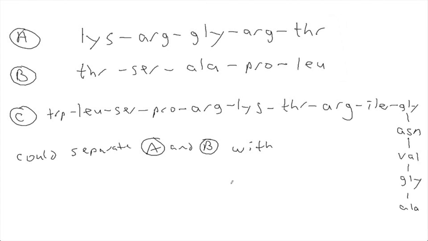Good. That's right. So because ion exchange chromatography separates things on the basis of what? Charge. Yeah, it would be better to say net charge. Okay, good. So this has a lot of positive charges, and this only has the positive charge at the amino terminus. Remember, everything has a positive charge at the amino terminus at physiological pH anyway, but that would be balanced by the carboxy terminus. You don't have to do the separations at physiological pH, but anyway, this certainly would tend to be much more positive than this one. So you could separate A and B with ion exchange